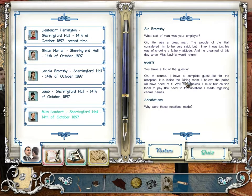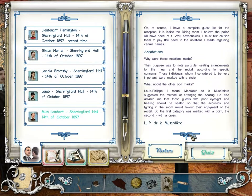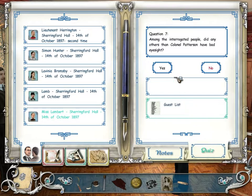Guest list for reception is inside. The police will have need of it. No, nonetheless, notations made. The purpose was to note seating arrangements for the meal and the recital according to the specific skirt. Those individuals who are considered to be very important are marked with a circle. What about the other odd remarks? De La Master suggested that I dismiss the range of seating. He also advised me that those guests with poor eyesight and hearing should be seated so that the acoustics and the lighting in the room would favor their enjoyment of the recital. So the first category was marked with a point, the second with a cross. So that means